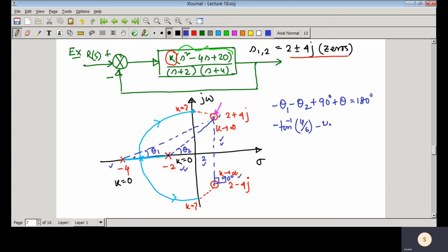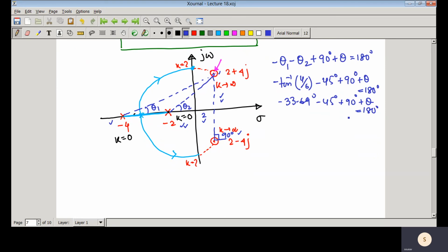So that is theta 2 equal to 45 degree, and the condition is 90 degree plus theta equal to 180 degree. So here this one is 33.69 degree minus 45 degree plus 90 degree plus theta equal to 180 degree. So from here you will calculate that theta and you will get that theta equal to 168.69 degree. So this is that angle of